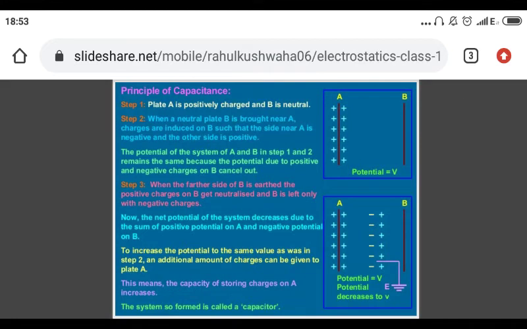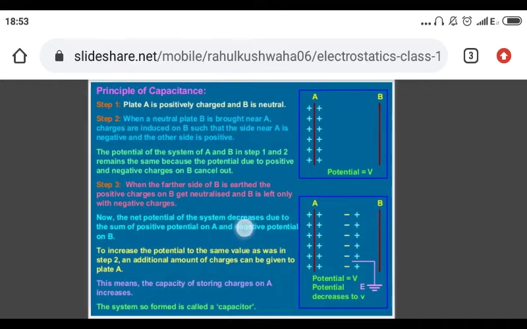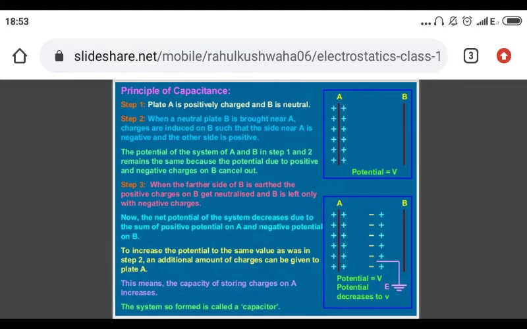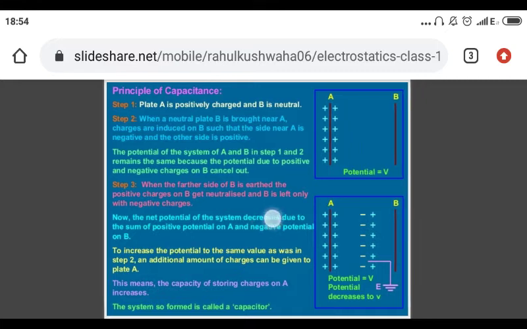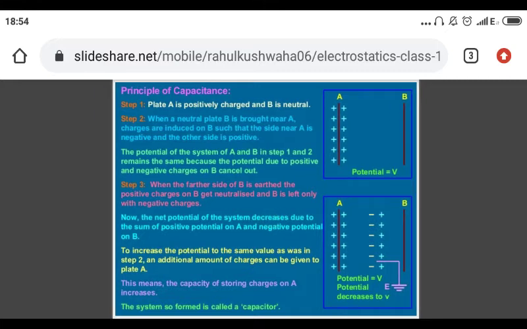Okay, so the principle of a capacitor: how you are actually making a capacitor. The first step is that plate A is positively charged and B is neutral. We take a metallic plate or conducting plate which is positively charged, and B is an uncharged plate. When the neutral plate B is brought near A, that means when B is near to A,